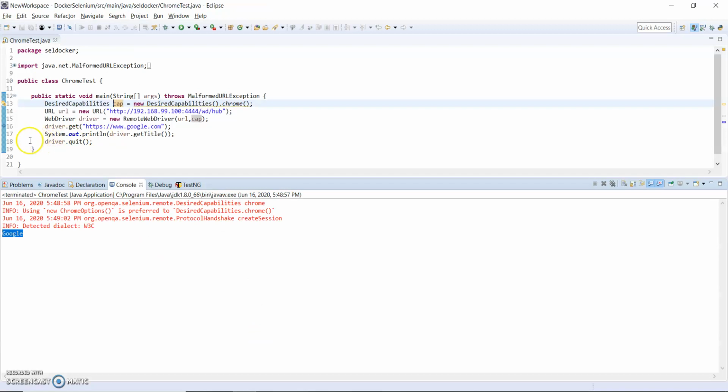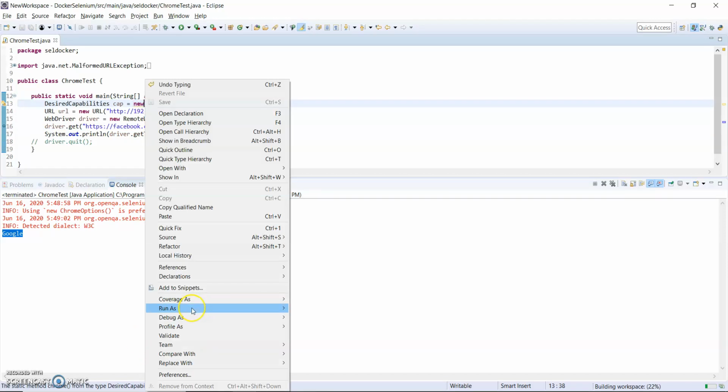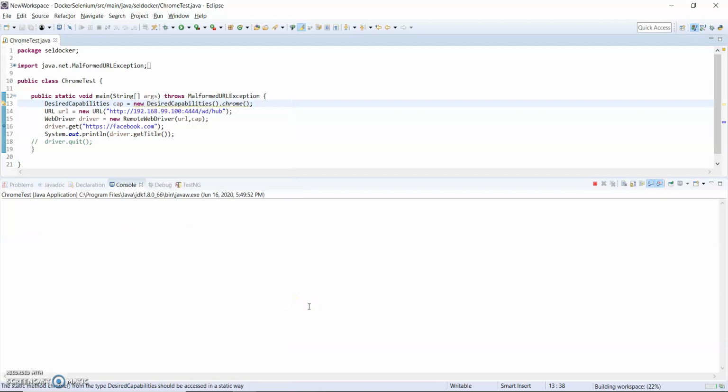Now I just comment out driver.quit and change the URL to facebook.com, and we'll see whether the modified script works or not. Again I right click and run as Java application.